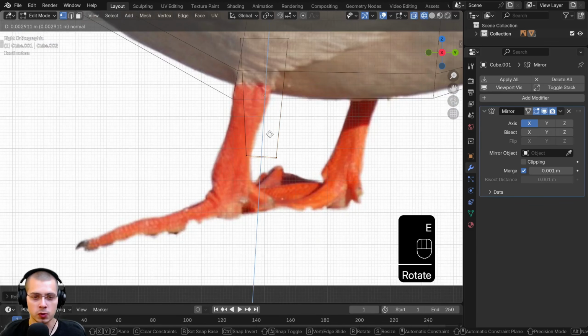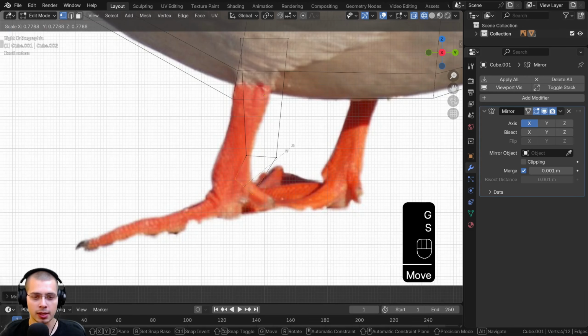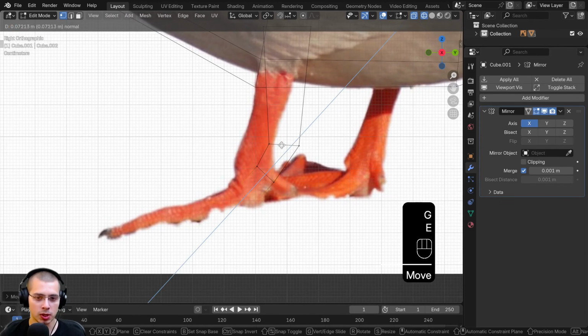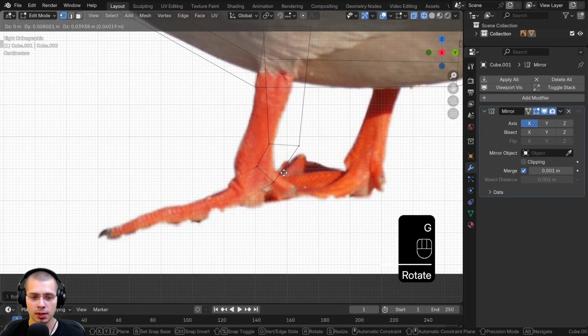So now we're going to extrude it with E, and then we're going to rotate it and move it over, and then we'll scale it down. So again, R to rotate, G to grab, and S to scale. So we'll just place that there. Then we will extrude it again, click there, and we'll rotate it, and we'll move it like that, maybe bring